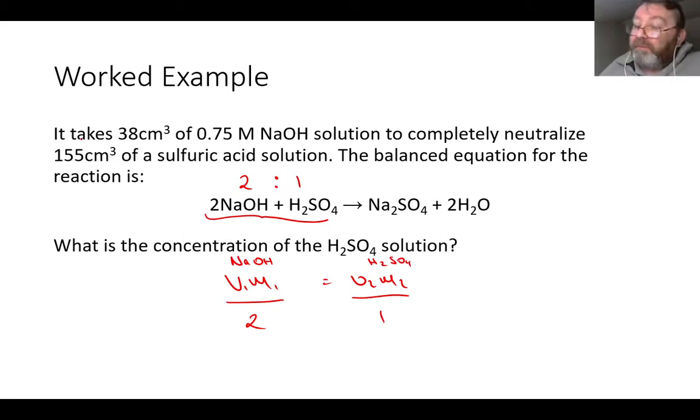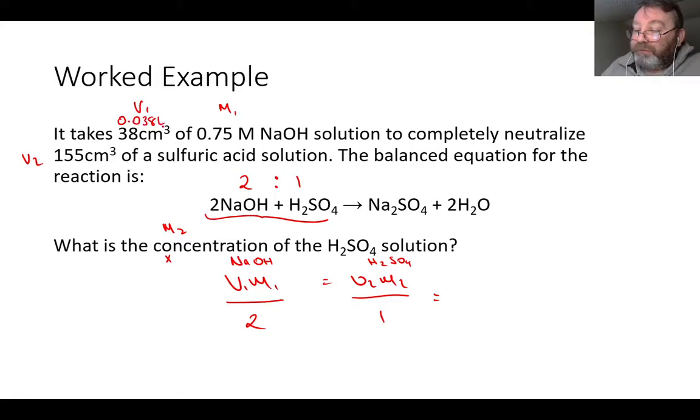So let's read it again. It takes 38 centimeters cubed, there's V1, of 0.75 molar, that's M1, to completely neutralize 155 centimeters cubed, that's V2. The balanced equation is given. What is the concentration? So in this case, M2 is going to be your X factor. We don't know what the concentration is, so we simply call it X. So what does that come out as? Well, let's take the NaOH first of all. 38 centimeters cubed is